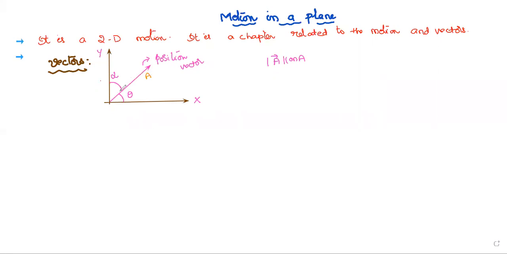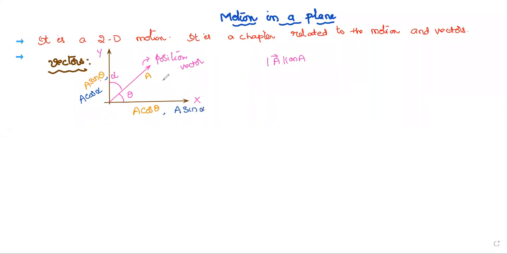Then the magnitude of a vector can be resolved into 2 components along the x and y axis, as I think all of you remember. This is A cos theta, am I right? One component. Another component will be A sin theta. The adjacent side to the angle will have the cos function, the other will have the sin function. In the same way, if you want to write in terms of alpha, this is the adjacent side for alpha. So I write it as A cos alpha, and here I write it as A sin alpha.